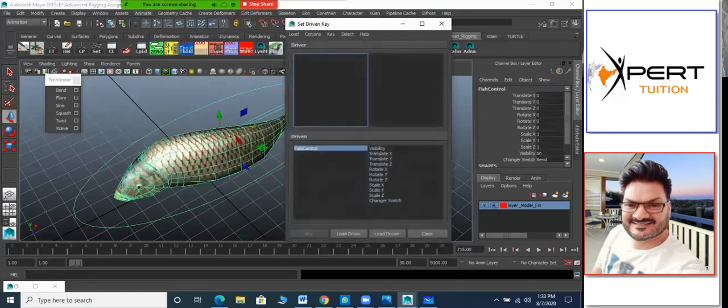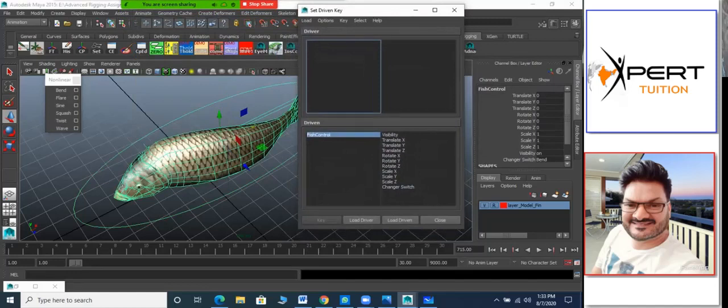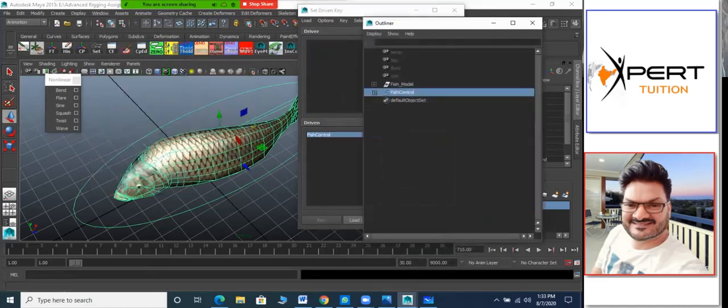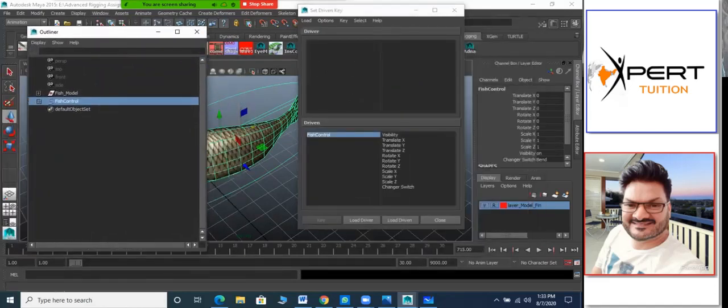It has two options. One is the driver, the top place, what you load will be the driver. The control here is the driver, and both deformers are the driven things. So that can be loaded in the bottom. In the outliner also we can keep it open here, so selecting becomes very easy from here. I can go and switch on this one. So I can see here are my few deformers.